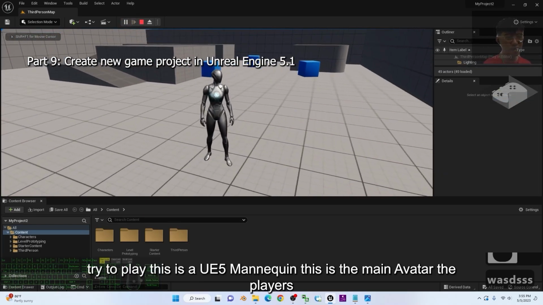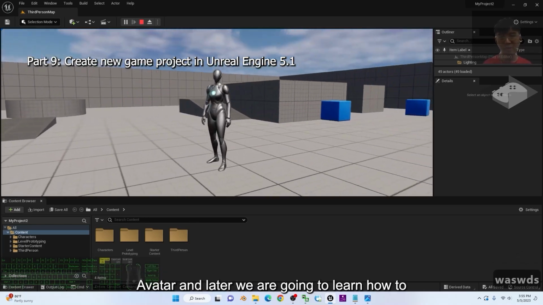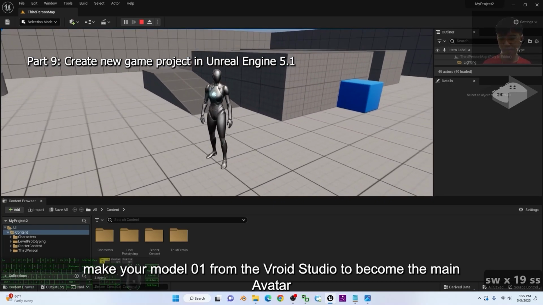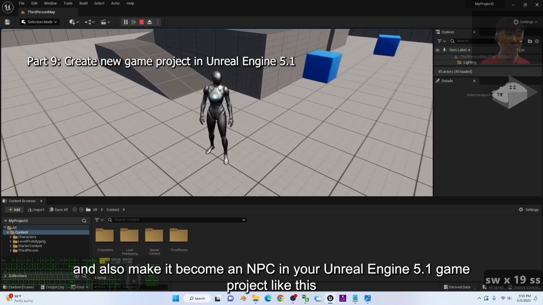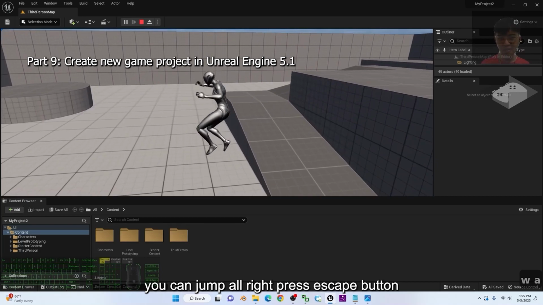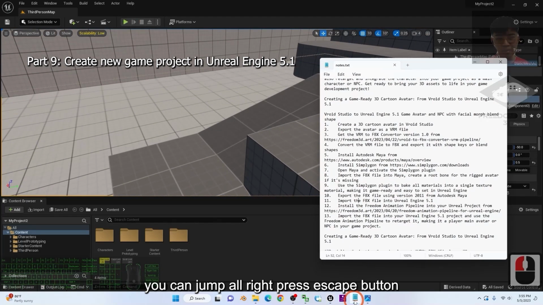This is the main avatar, the player's avatar. And later we are going to learn how to make your Model 01 from VRoid Studio become the main avatar. And also make it become an NPC in your Unreal Engine 5.1 game project like this. You can jump, right, press the escape button. Next step,